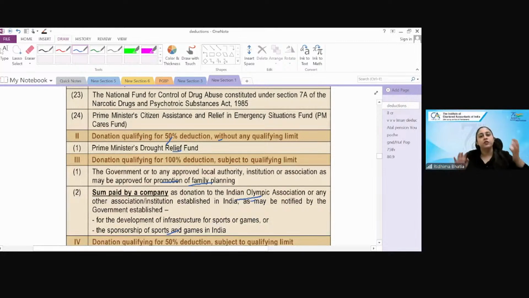ये थर्ड कैटेगरी हो गई. So the first category's sign is Prime Minister, National, State Relief, etc. Second is Prime Minister Drought Relief Fund, which you have to remember is, no matter what, part of your second category. ठीक है. थर्ड में फैमिली प्लानिंग एंड ओलंपिक, एंड